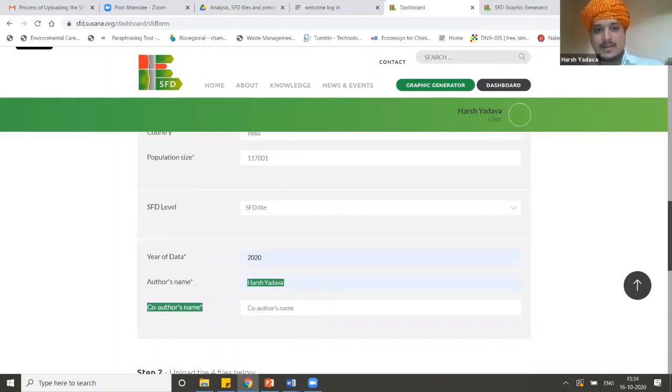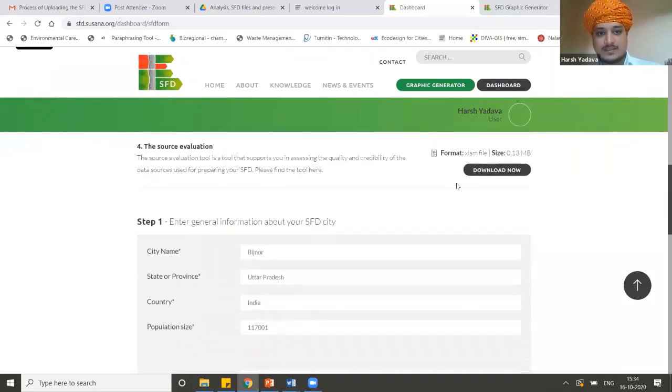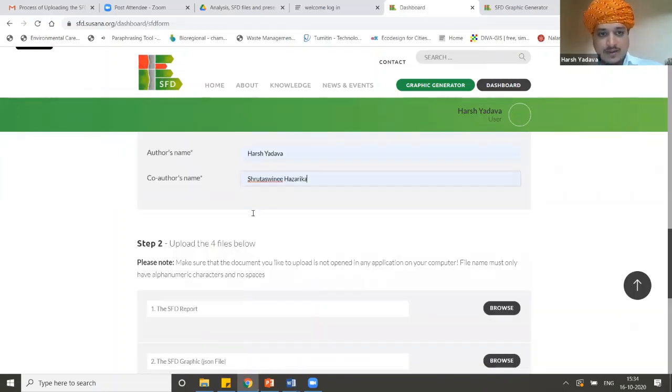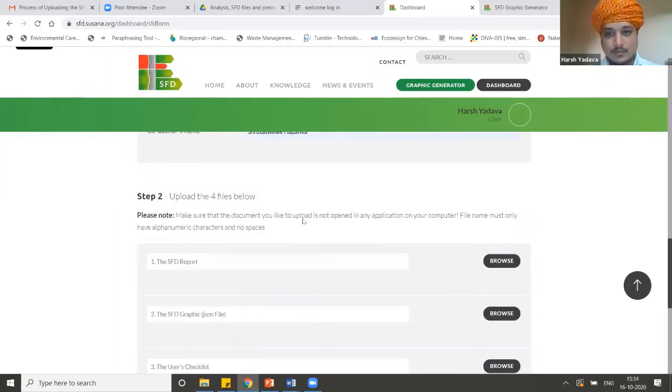So here are the basic details you have to fill up. This is step 1 for the city. When you go to step 2, it asks that before uploading the file, you have to make sure that the name of your file is in an alphanumeric format.